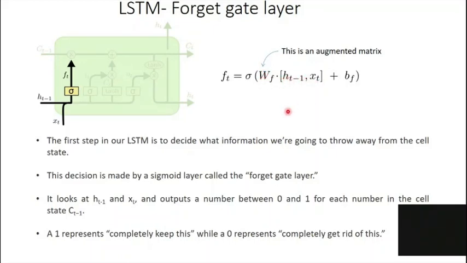All right, so this has both the components of h of t minus 1 and the weights for x of t also. And as you can see, the output of this sigmoid activation function will be a number between 0 and 1, because that's how a sigmoid activation function gives you an output. So if the activation function gives you a value of 1, all of that information goes into the pipeline, this pipeline that you see here. And if the activation function gives you an output which is very close to 0, none of that information goes into the information pipeline.